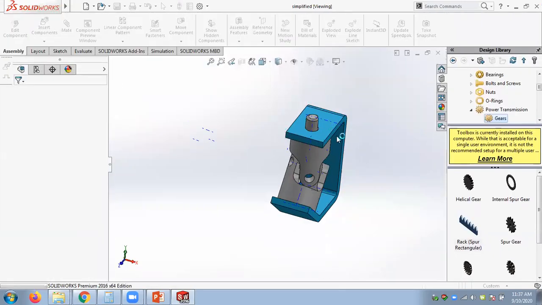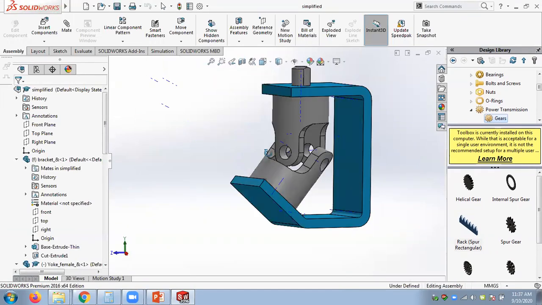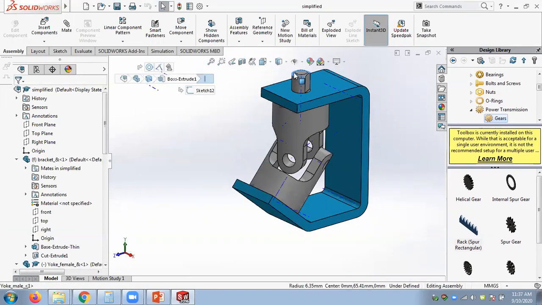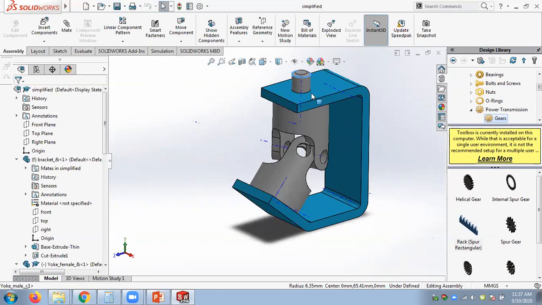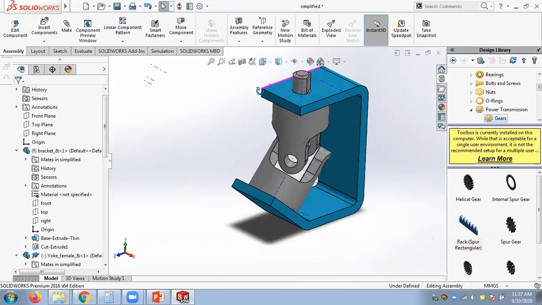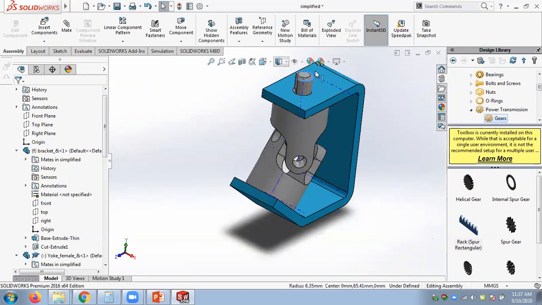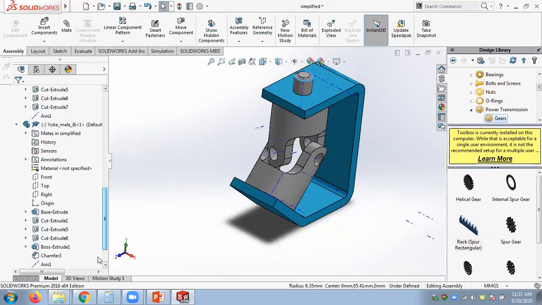The simplified file doesn't have any handles, no pins, nothing. In the virtual world we can animate, no problem. This is the universal joint. Here we don't find any pins, no rods, no shafts. It's working in the virtual one. So how can I get something like this? That's the question. If I look at the mate I did,